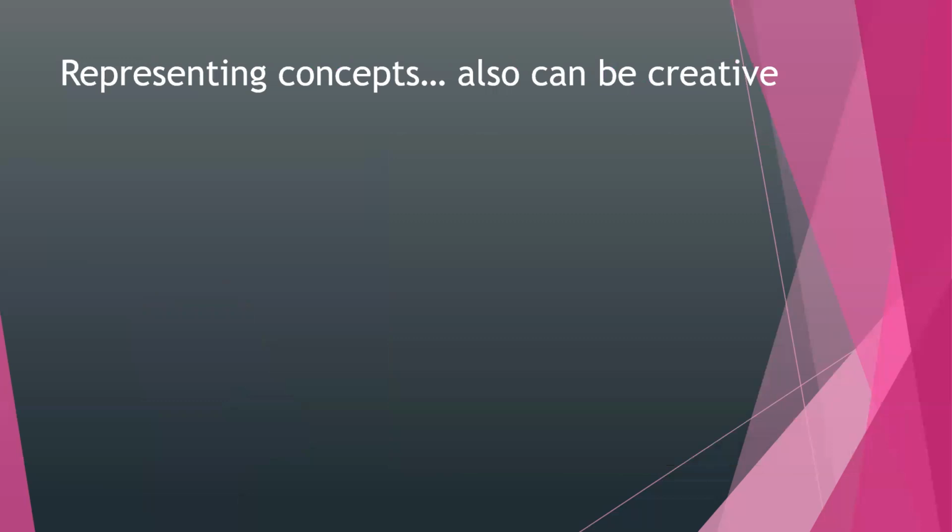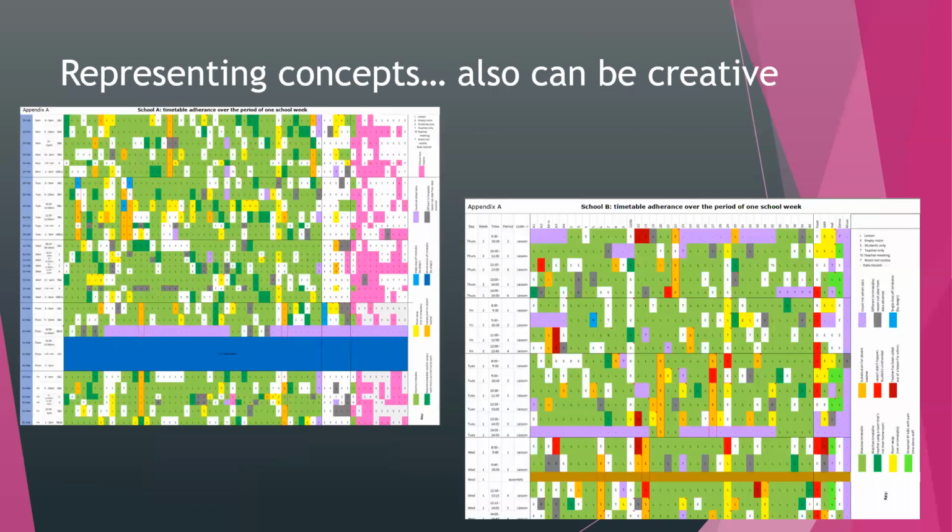Now, how you represent those concepts to your readers can also be creative. Here's an example of how I was trying to show how schools stuck to their timetables. It's one thing to have the timetables, another thing to stick to it. And this was a way of trying to not quantify that adherence in an artificial way, but still to visually represent to the reader